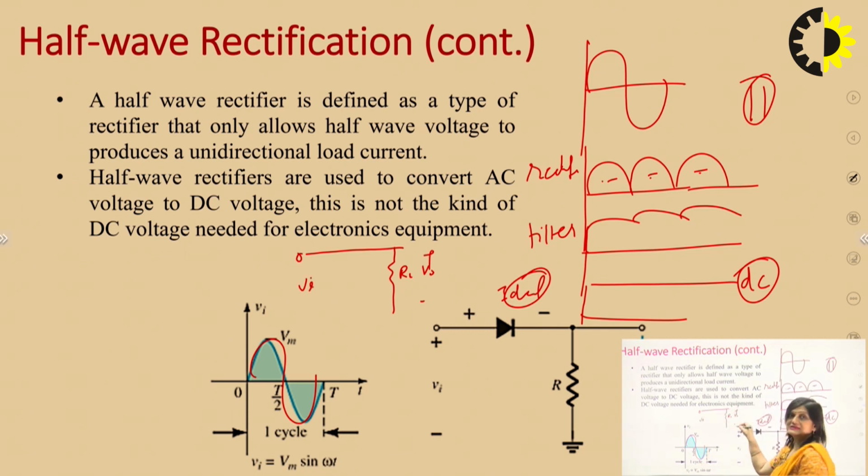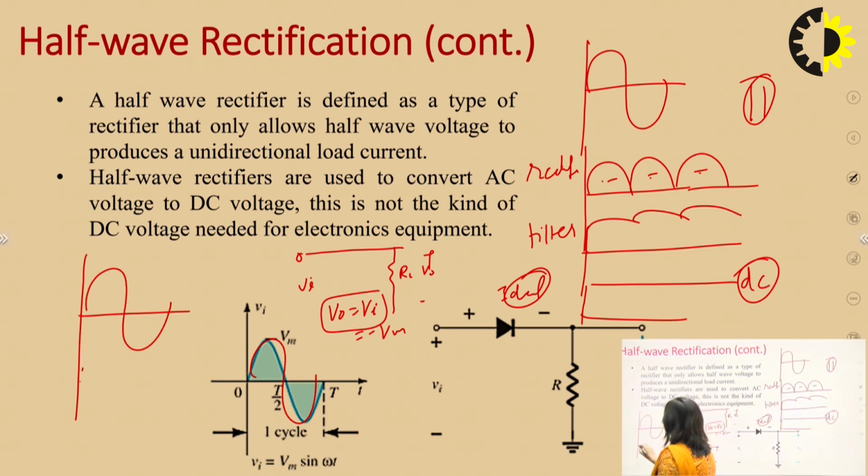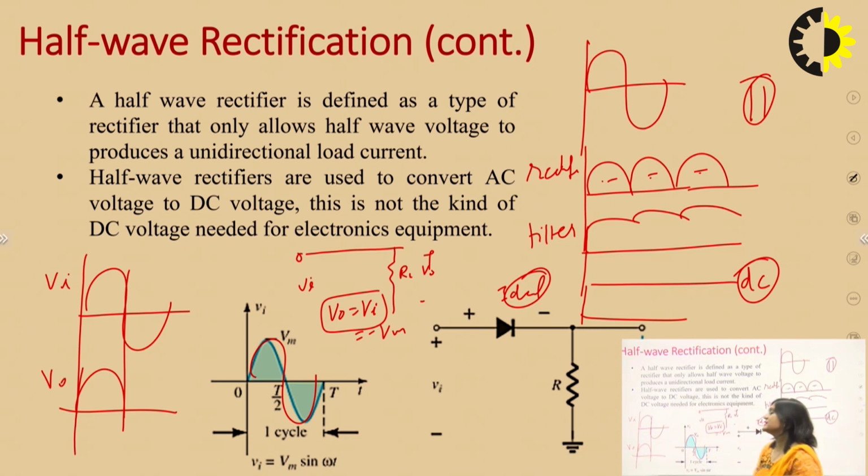So here we can see this output would be equal to VI. So when this diode is in forward bias, the output is equal to VI, means it is equal to plus Vm. Or when in the next cycle, in negative half cycle, this diode will be in reverse bias. So it will be replaced with the open circuit, and output would be equal to 0. So if we draw the output waveform, this was our input waveform, and the output waveform will be in this way. This is VI and this is V0. So for half cycles we are getting the output. So this is for the half wave rectifier.